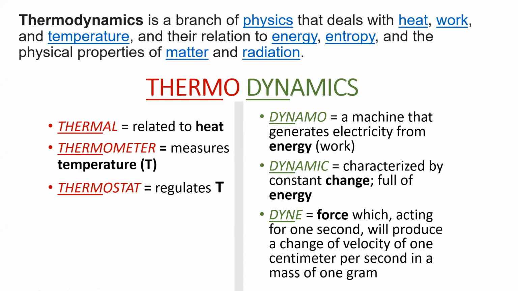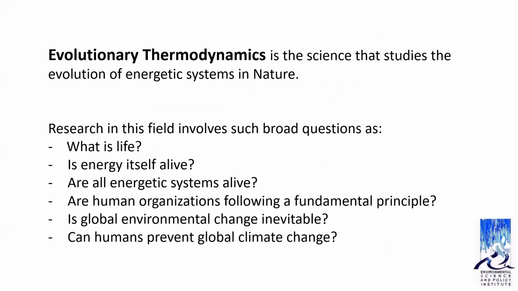So most of you probably have heard of the field of thermodynamics. And I want to distinguish thermodynamics from evolutionary thermodynamics. I would say evolutionary thermodynamics is a subset or a sub-branch of thermodynamics. So basically, thermodynamics is the relationship of heat, temperature to energy and force and work. And it's the study of these systemic properties and the shifting aspects of energy in the system. So evolutionary thermodynamics is really the science that studies energetic systems in nature, and these would be non-equilibrium thermodynamics. We'll see that much of thermodynamics has been built up over the centuries thinking about equilibrium systems.